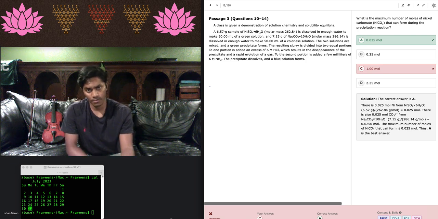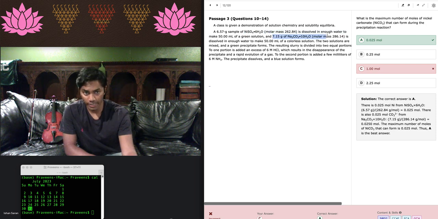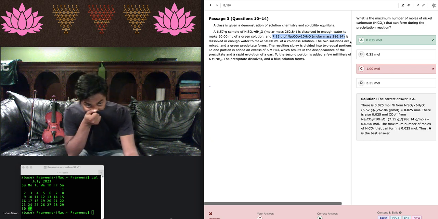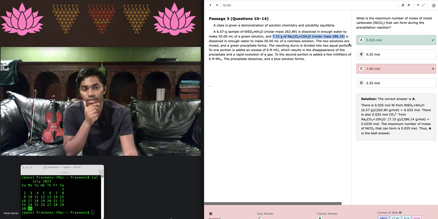So we should figure out how many moles are here, how many moles are here, and whichever one is lower will be the limiting reagent,